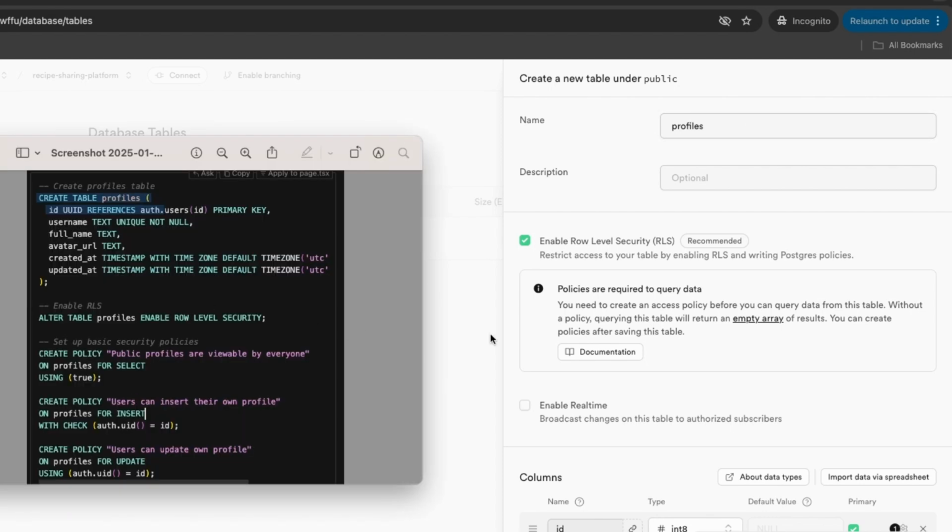Great. And then next, we have a description. We'll just leave this blank for the time being. And we can see that they want to enable RLS, which is row level security. This just makes sure that profiles aren't able to do wonky things with other profiles. And this actually makes the profiles private so that public users can't just see everyone's profile or profile data. So this is why we want to always make sure that row level security is enabled when we're working within